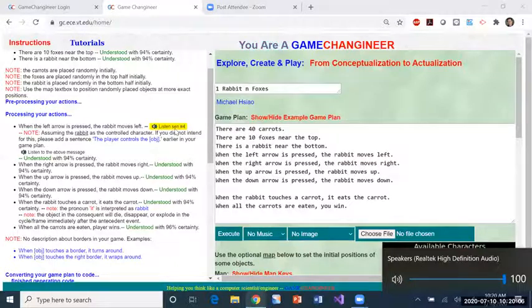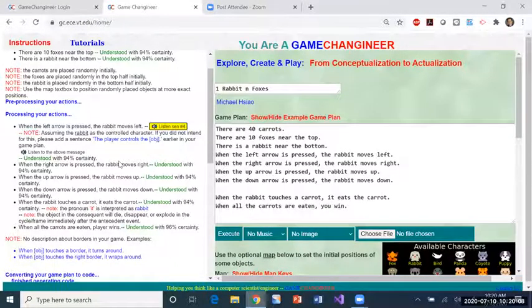Okay, let me try that again. When the left arrow is pressed, the rabbit moves left. Okay, and then you can also listen to the notes, warnings, and errors. I'll show you the warnings and errors in a little bit. Note: assuming the rabbit as the controlled character. If you did not intend for this, please add a sentence the player controls the object earlier in your game